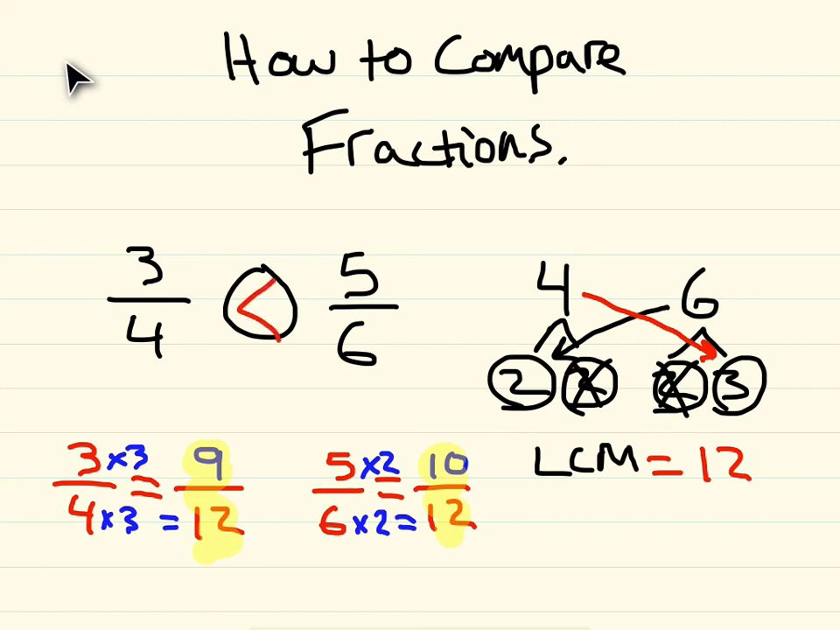Whenever you're comparing fractions, make your denominators the same, and then compare your equivalent fractions. And again, you can choose any denominator you want. For this problem, you could have chosen 12. You could have chosen 24. You could have chosen 36, because 4